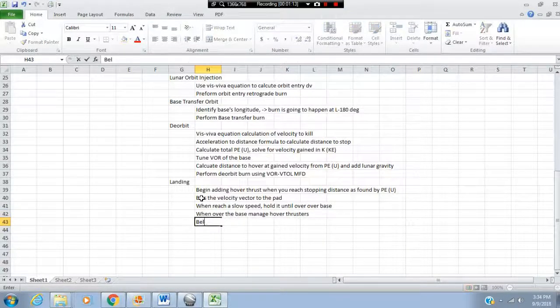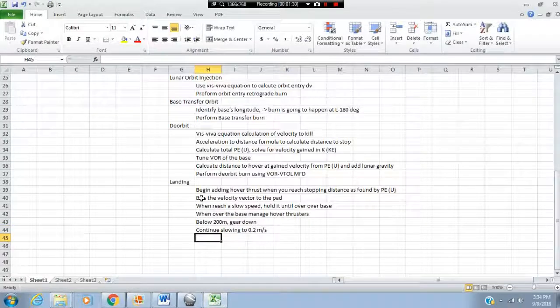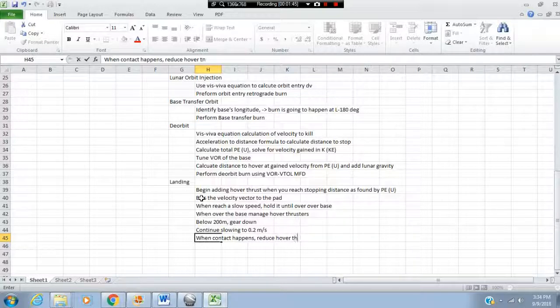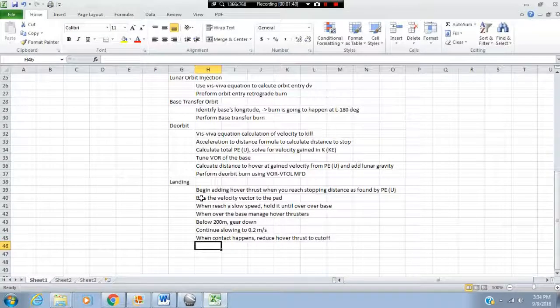And then when you're below 200 meters, gear goes down. Continue slowing yourself down to 0.2 meters per second. That's about the speed that you want to contact the lunar surface at. And last thing, when contact happens, reduce hover thrust to cutoff. And there's an autopilot which we'll be running to do the hover thrust, but that's kind of not part of